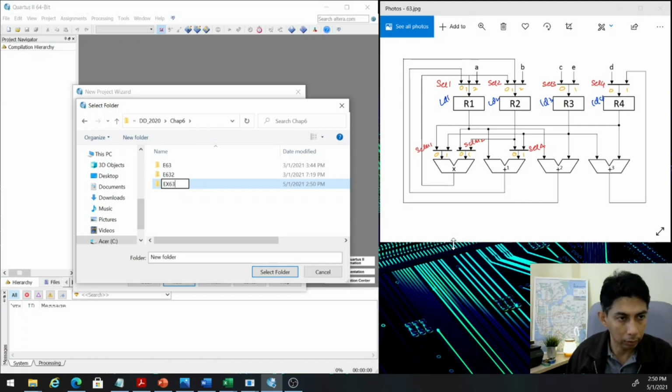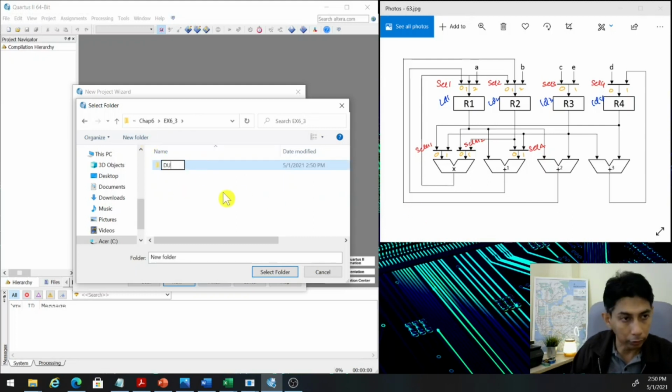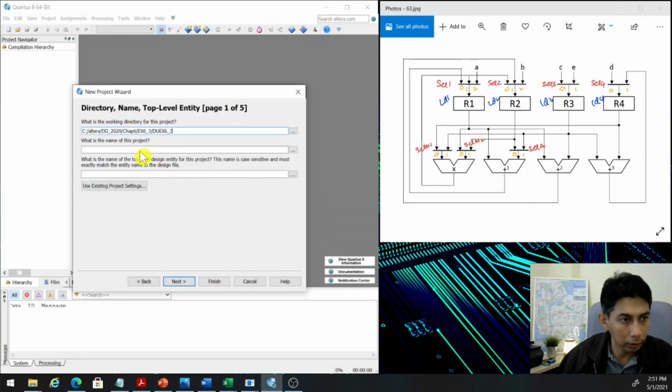Example 6.3. Right. So we want to design the DU first. DU of example 6.3, and use this folder and this,